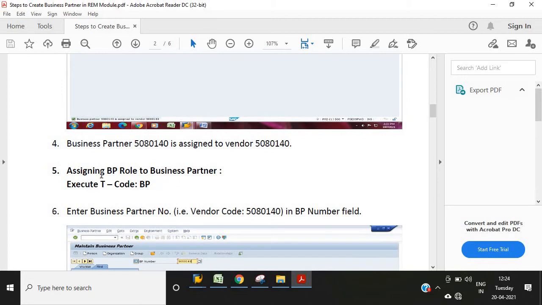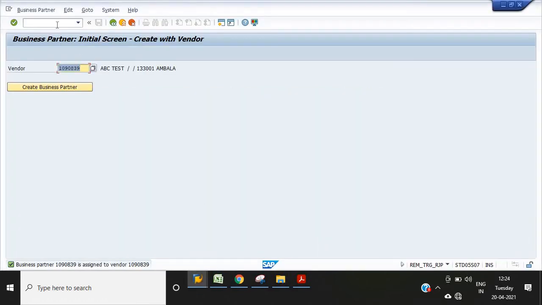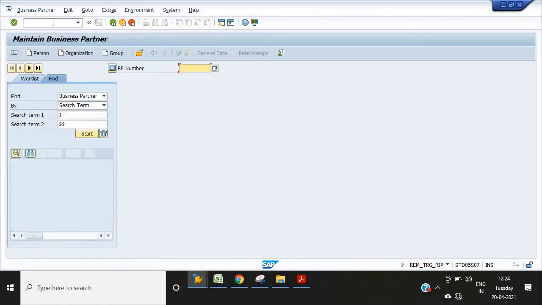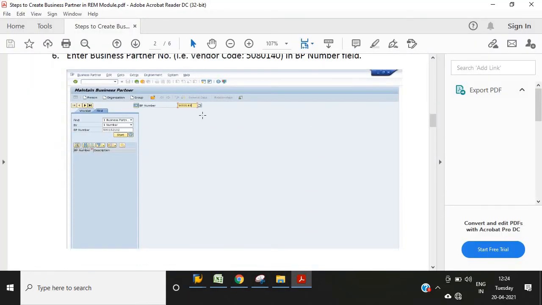Now the next part is assigning the BP role to the business partner. You have to execute the transaction code BP. Here you need to enter the BP number.